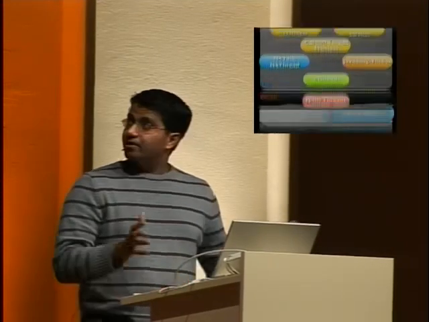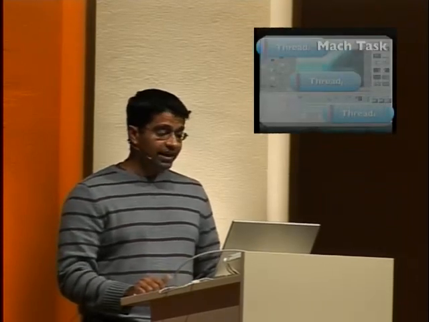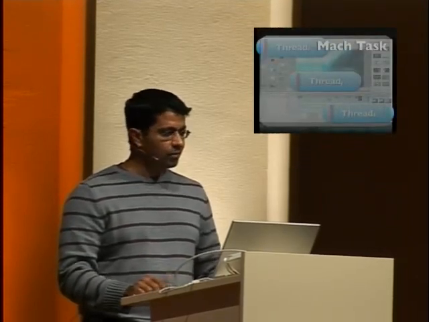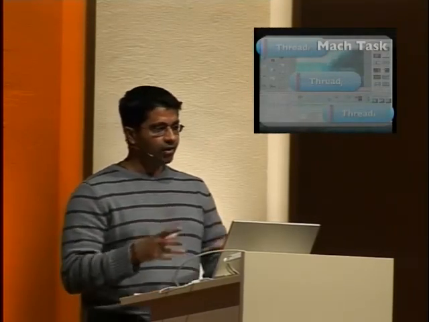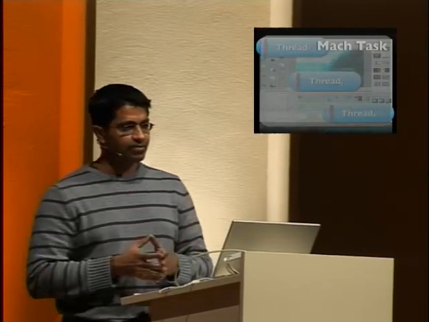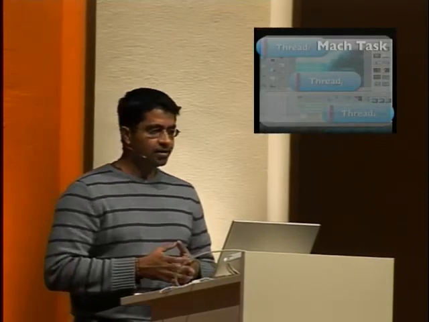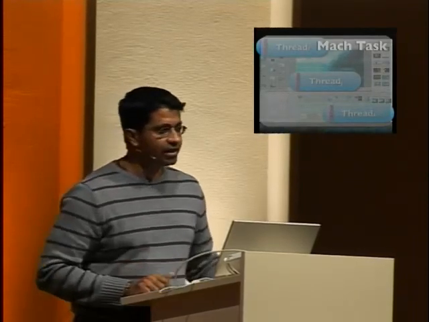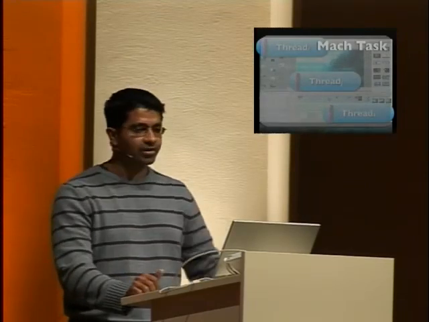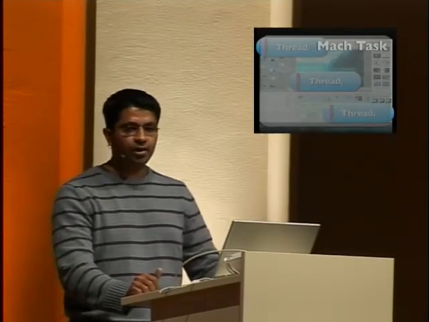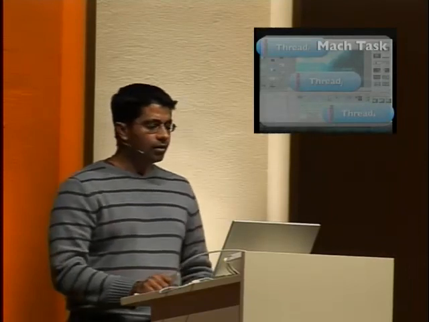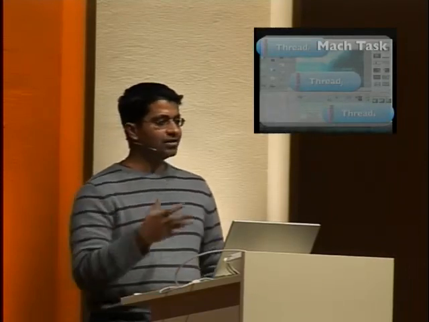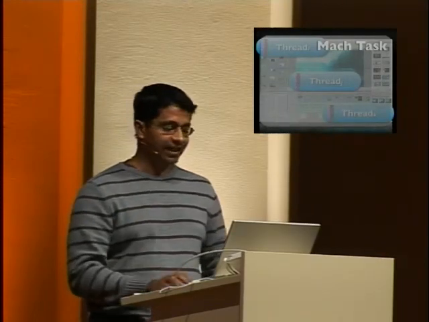So we have all these threads, but what about processes? Because we know how close to Unix OS X is. Apple hypes that up a lot, and you can run the ps command and see process IDs, you can suspend processes, you can send them signals, you can do pretty much the same stuff you can do on a generic Unix system. So if we have all these tasks and threads, what is a process then?